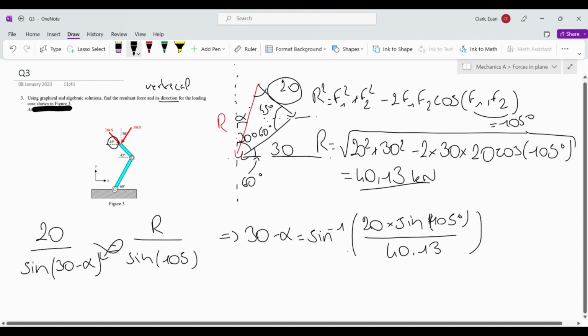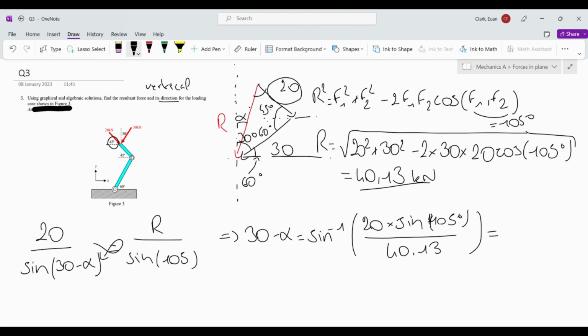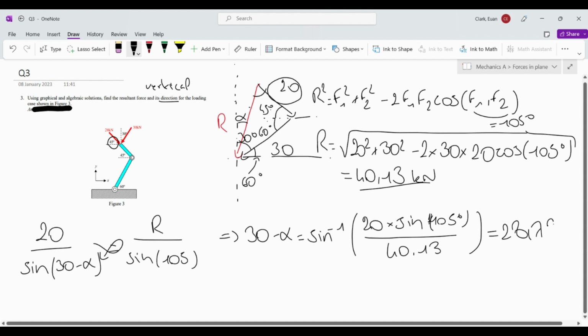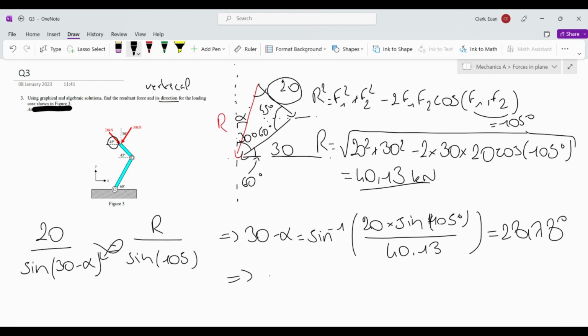And this is going to give us an answer of, let me just pull out my calculator. So that would be sine minus 1, 20 times sine 105 over 40.13, which gives us 28.78. Fantastic. 28.78. And so this gives us a final answer for alpha of